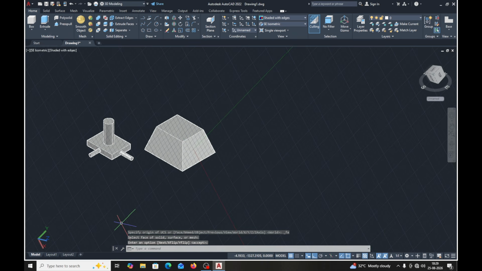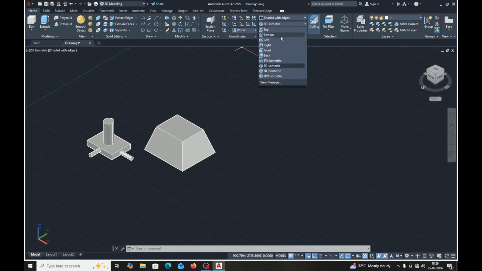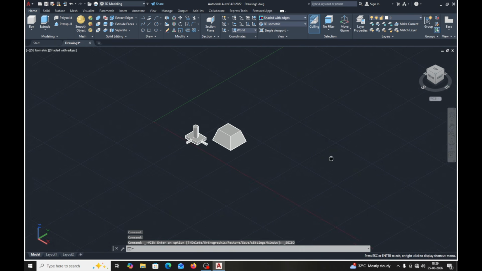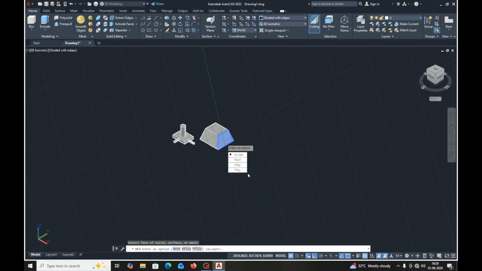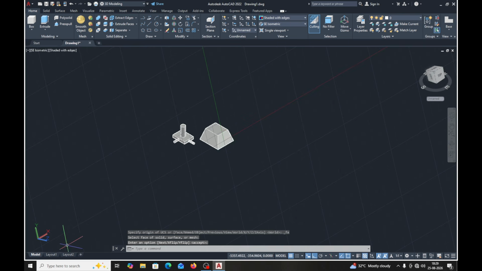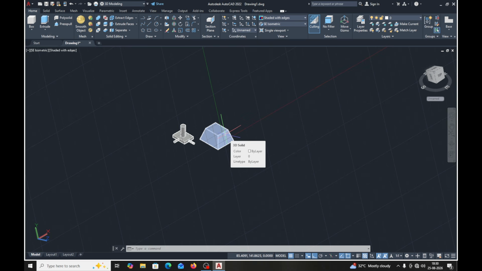Now, word, again I am checking this one, isometric, this is the original condition. Suppose I want to work on this face. So first, this face option, coordinate section, select this one and accept. Now our UCS is aligned with this face, this inclined face. Okay. Now grid off. If suppose you want to make a sketch here,